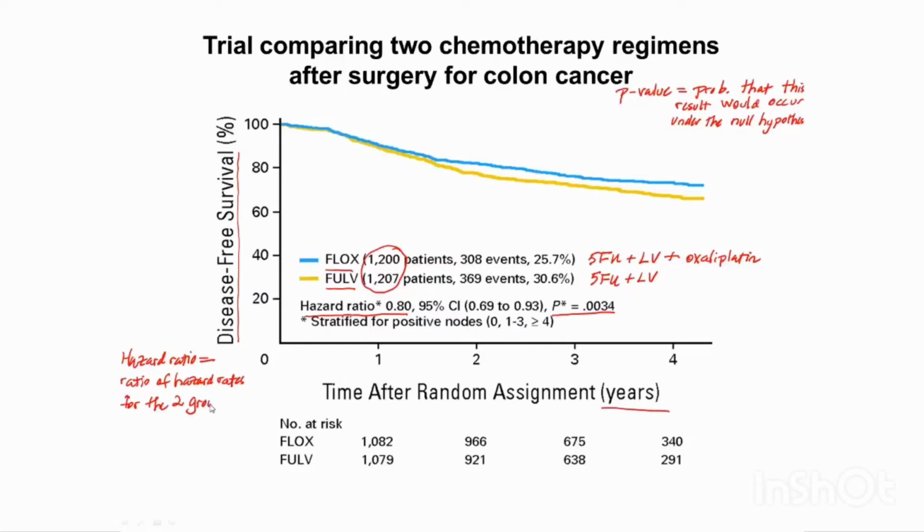Okay, what is the hazard here? The hazard here is the hazard that the disease would recur. And the way hazard ratio is defined is, the convention is the numerator is the experimental group and the denominator is the control group. And the hazard ratio uses all the data here,